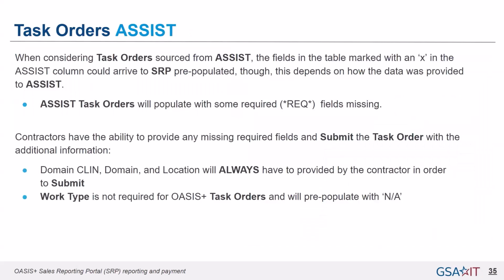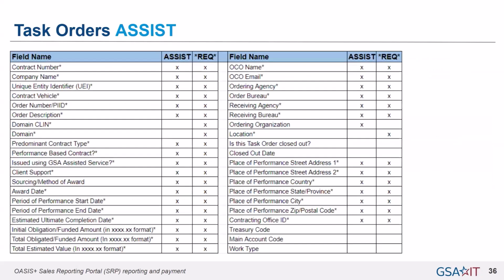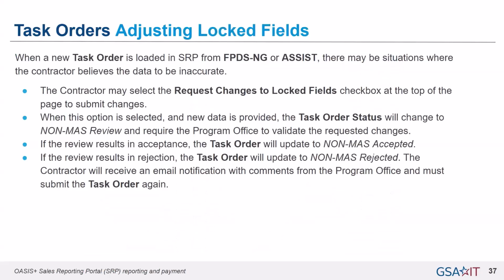ASSIST operates very similarly, assisted acquisitions, right? So ASSIST orders will also populate in SRP. Data push comes through very much the same way. So predominant contract type, for example, in ASSIST is a field that gets entered, so that does carry over and populate in SRP. So when those fields get pushed through,